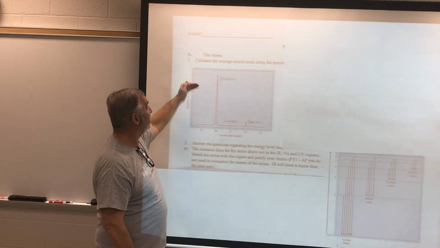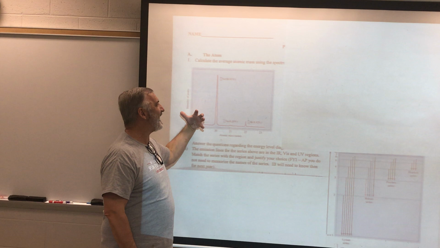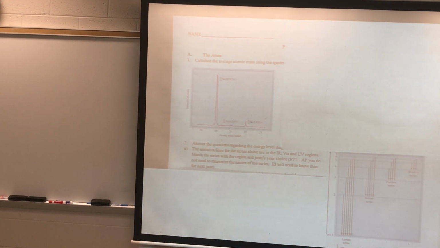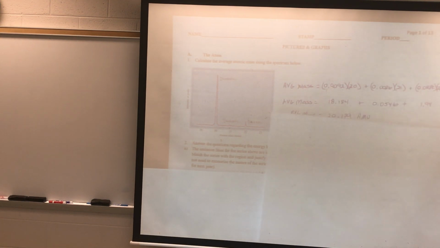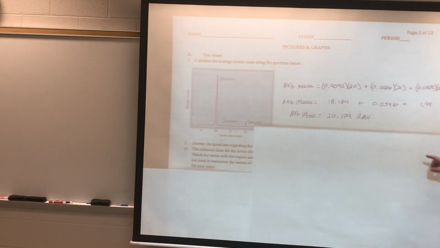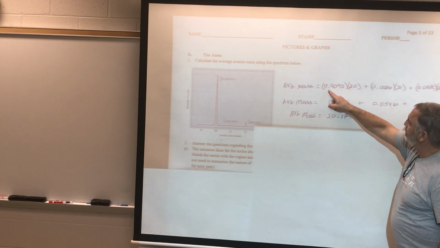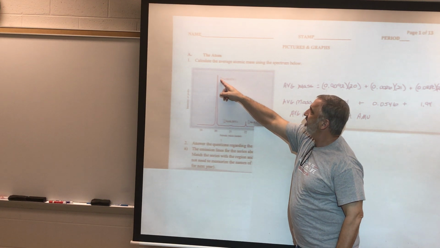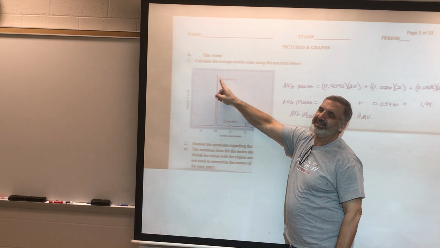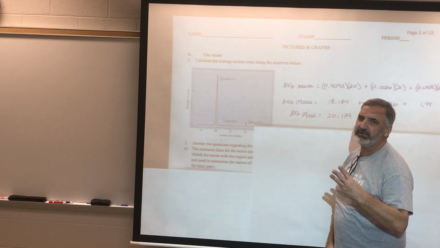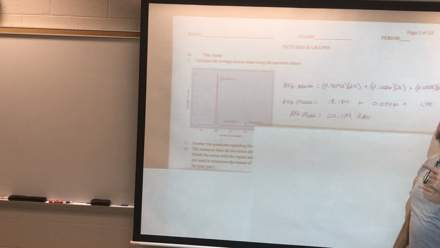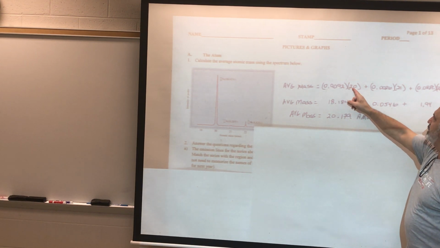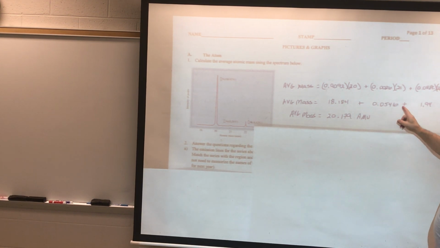And so if we want to calculate the average atomic mass, remember it's an average based upon the abundance. So when we go through and calculate that, we just calculate the percent, and remember to move the decimal, times the atomic mass. Now this will either be given on the screen like it is here, it's that top number. The mass number and the atomic mass, to 3 sig figs, are going to be the same thing. Okay? The atomic mass and the mass number to 3 sig figs will be the same thing. So we just go and we put those 3 in, you get these 3 values, and you can see that